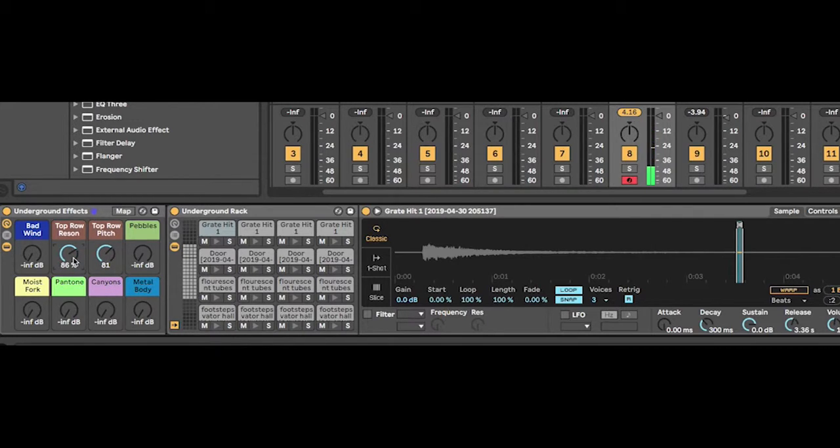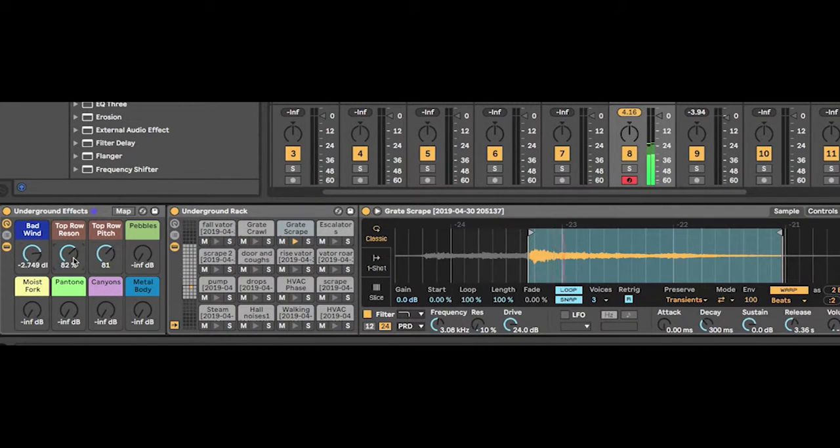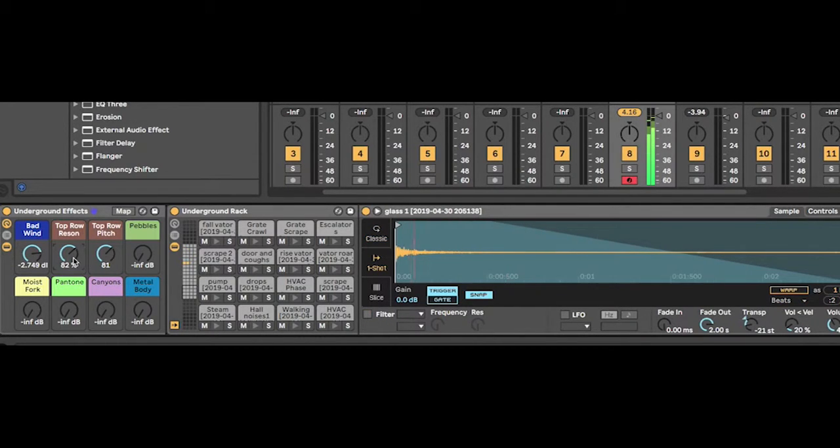composition. I also have this bad wind effect, and this is a frequency shifter that will work on my entire kit to create this dark, strange wind effect over the entire sample. I like calling these things interesting names like bad wind. The pebbles effect